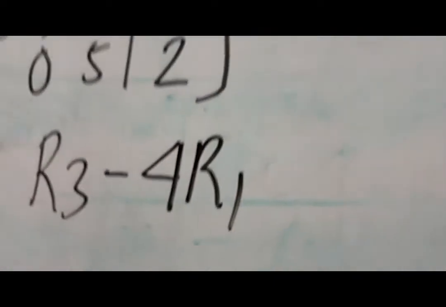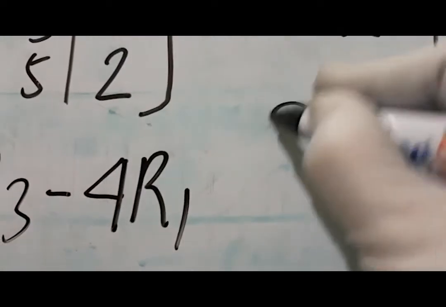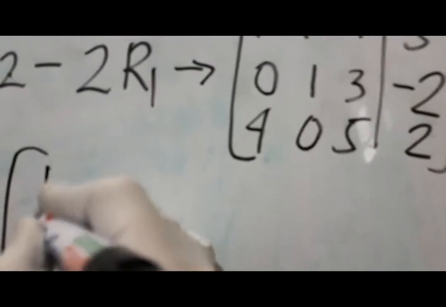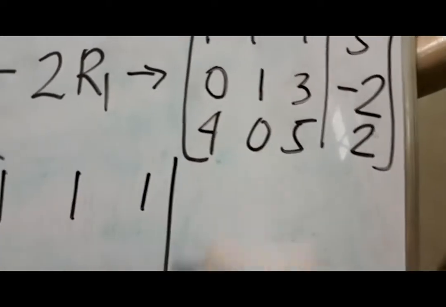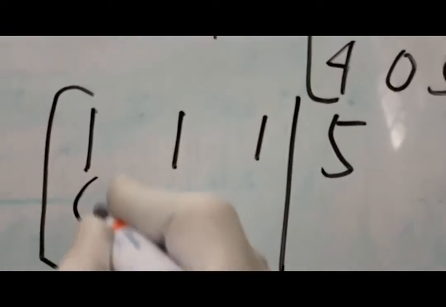So in this case, we perform this using this row operation, R3 minus 4 R1. So this is equal now to, so again, this first row is not involved, so we just write it 1 1 1 5, and then the second row is also not affected, so we just write it 0 1